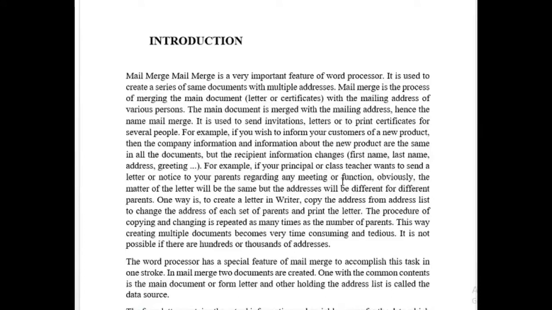Consider a situation where a company has to give the interview letter to 100 people. Now one same letter, the drafting of the letter will be same for all 100, but the addresses and the names will be different. This kind of a situation can be solved very easily with the help of mail merge,